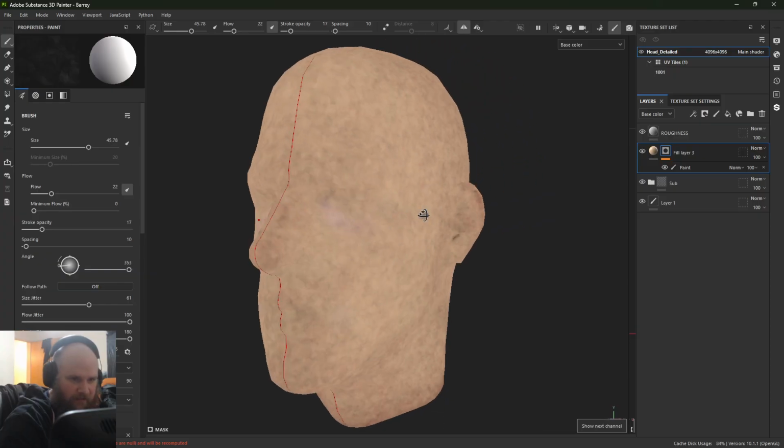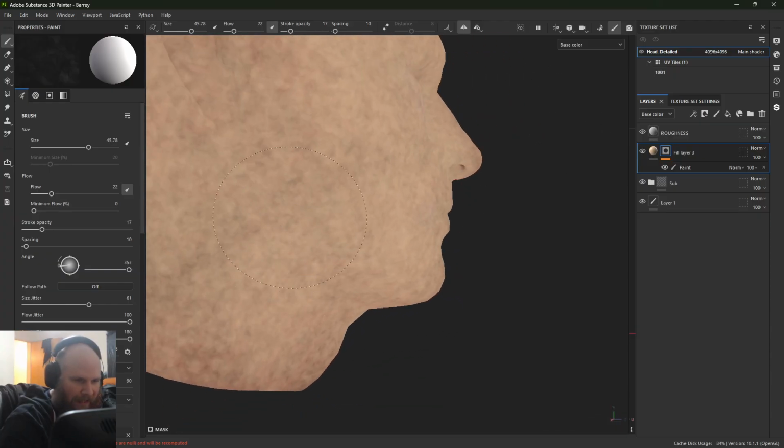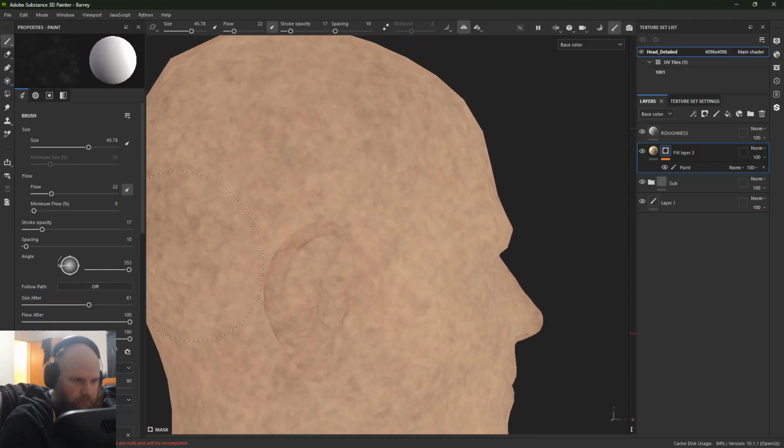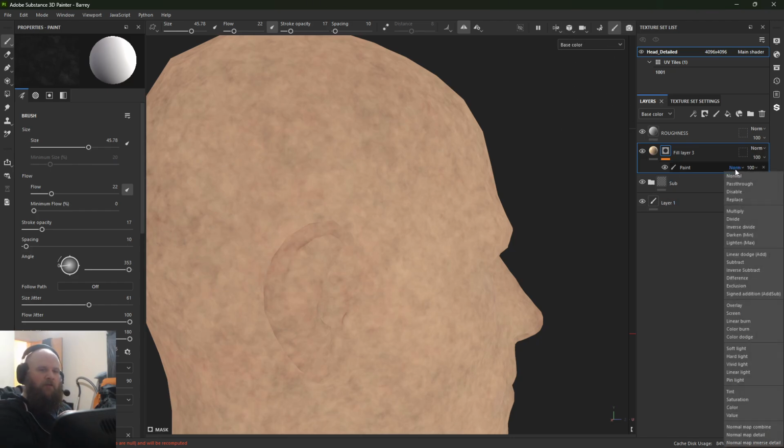See what it looks like back in this. Okay, cool. We're getting there. You can also do this whole thing with just using grunge maps, not even doing any paint layers or anything, just stacking grunge layers. The only thing you've got to make sure is you are changing the blending mode so that the fill layer on top of it doesn't override the one underneath it. They all got to play with each other,